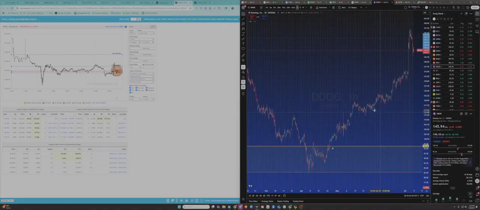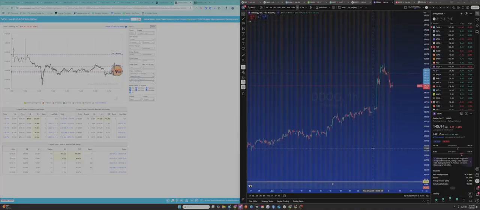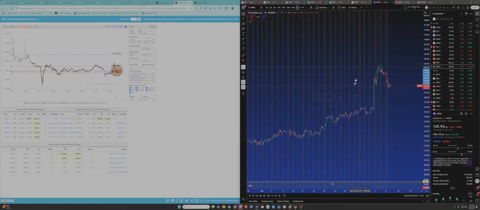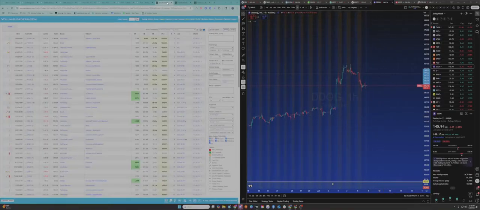So that might be a skewed data point simply because DDOG was announced as being added to the S&P last week, so I wouldn't necessarily put a ton of weight on that. You'll see a lot of major prints when a stock is being added to the S&P. But yeah, DDOG right here, interesting data point that there was a huge grouping of prints, number 1, 3, and 4. So that's probably just shares being purchased to add to the S&P 500 for exposure. So we're not going to put a ton of weight on that.